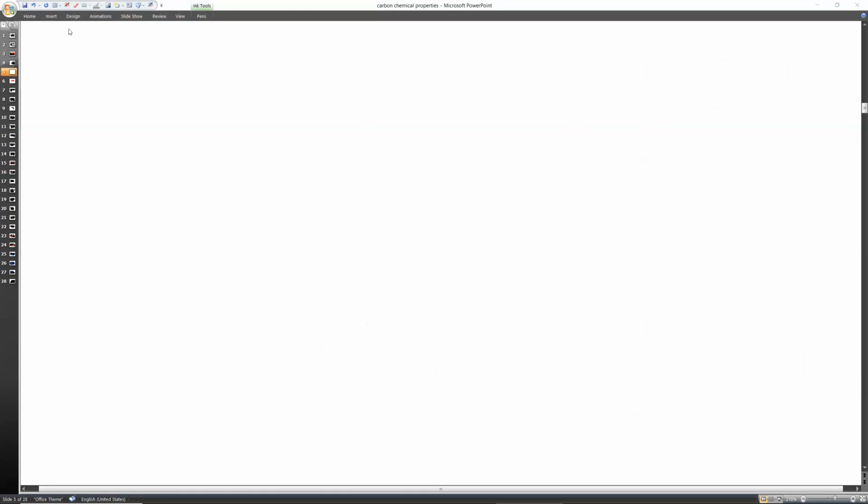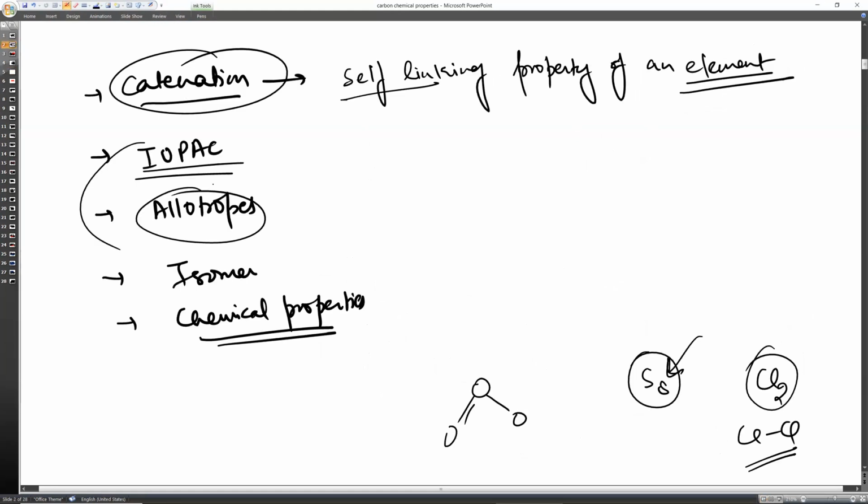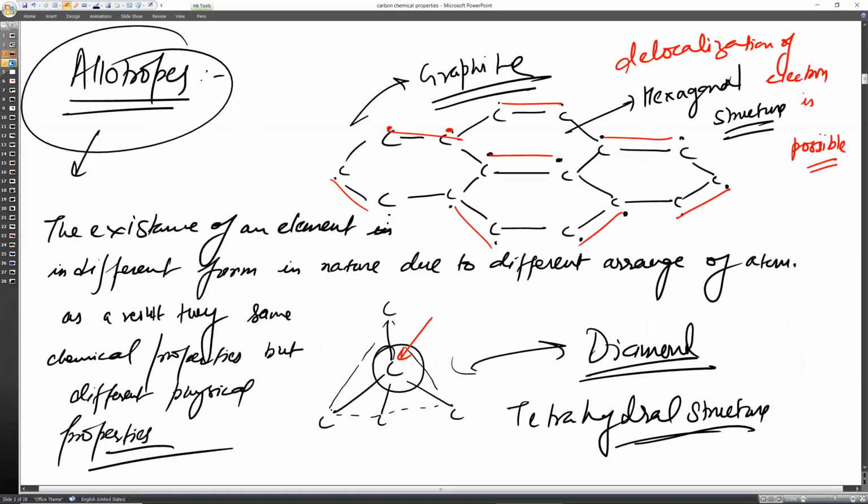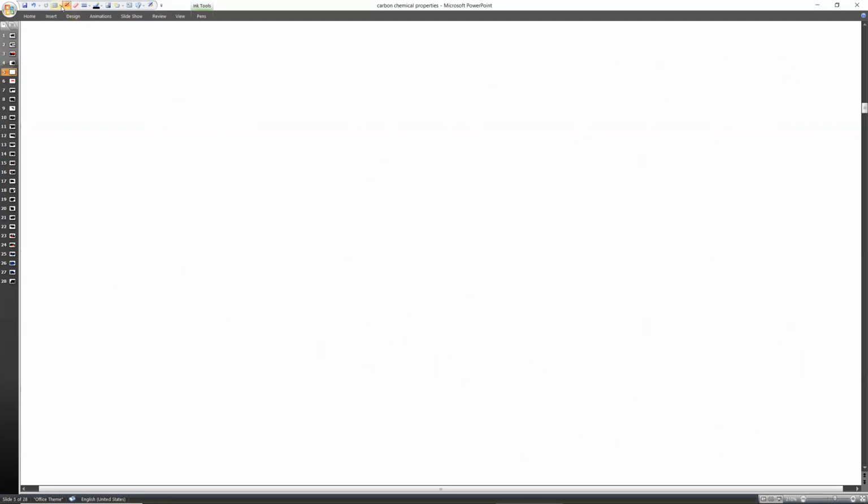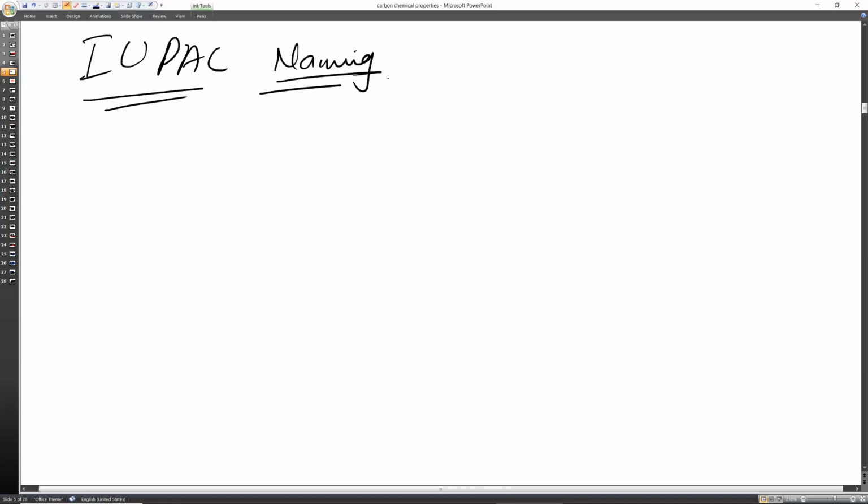Next, the topic that I have chosen is IUPAC naming. IUPAC stands for International Union for Pure and Applied Chemistry. IUPAC is an organization that decided and set some rules